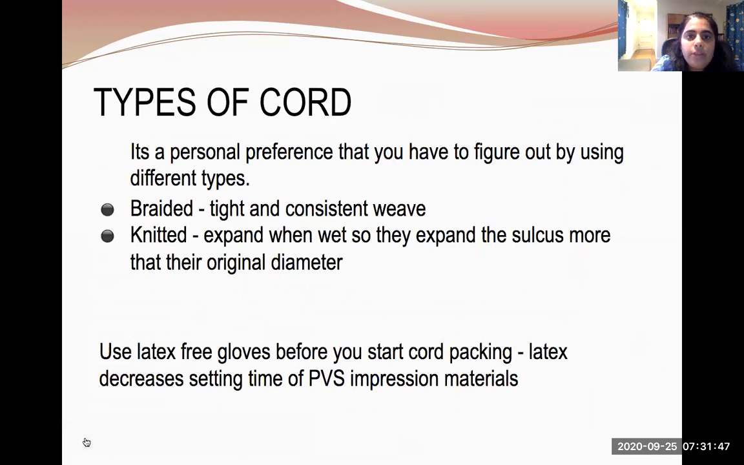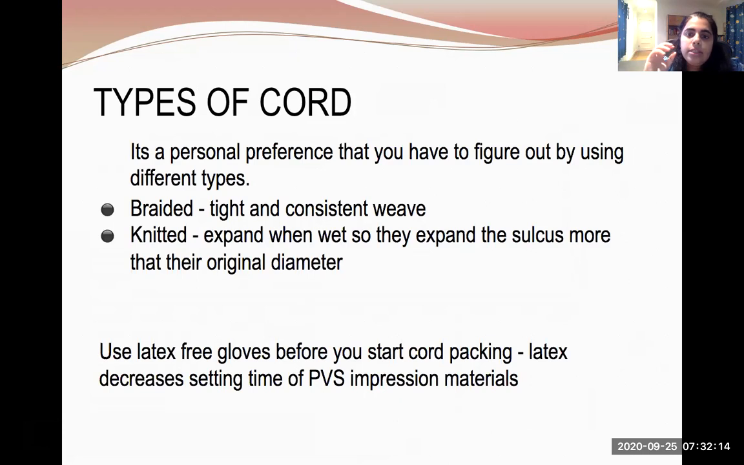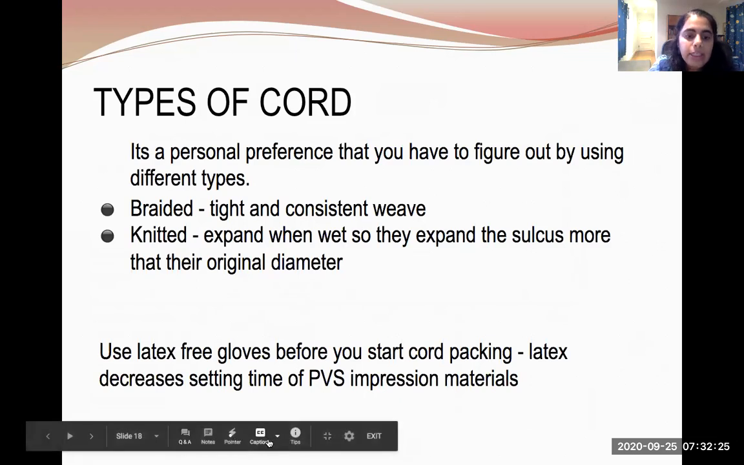What are the types of cords available to us? So it is a personal preference. Once you start doing the cord packing, seeing the different materials you have in your clinic, you will get to know, okay, I like this one and I don't like this other one. So the types of cords, one is braided and the other one is knitted. When using a retraction cord to make an impression, the braided cords have a tight and consistent weave. Many clinicians find it easier to place in the sulcus with packing instruments, either the serrated or the non-serrated ones. And the knitted cords,